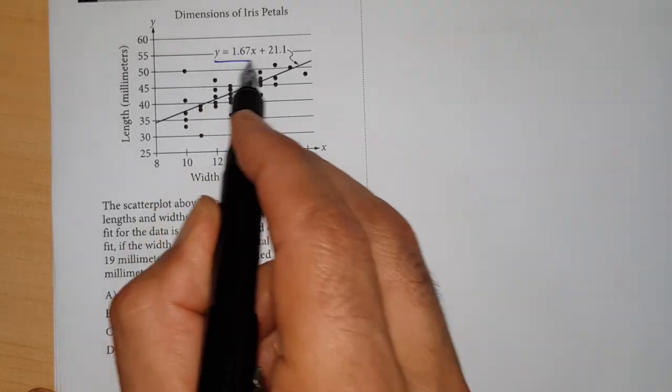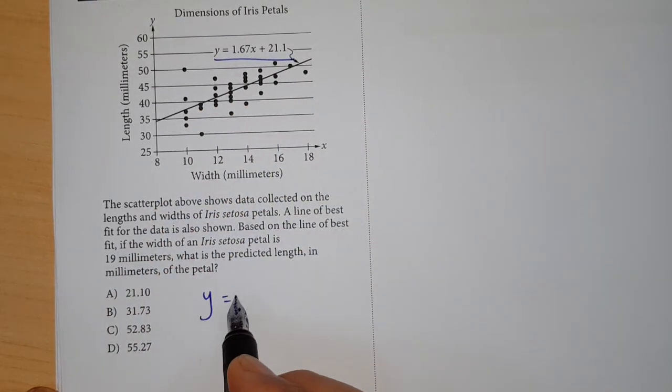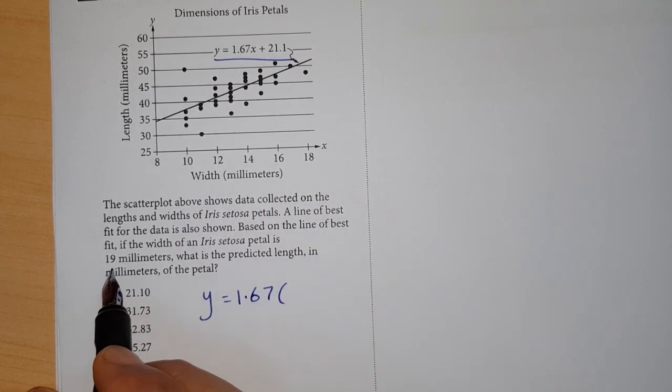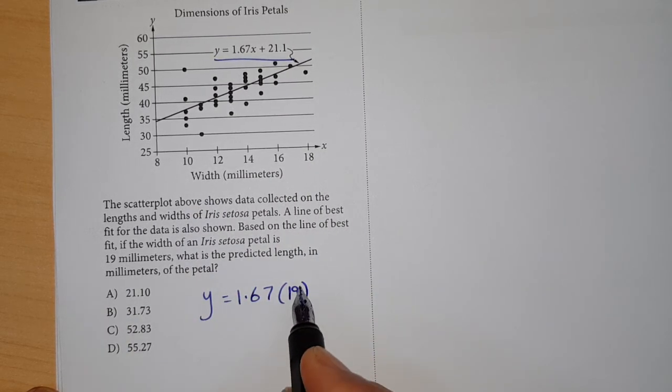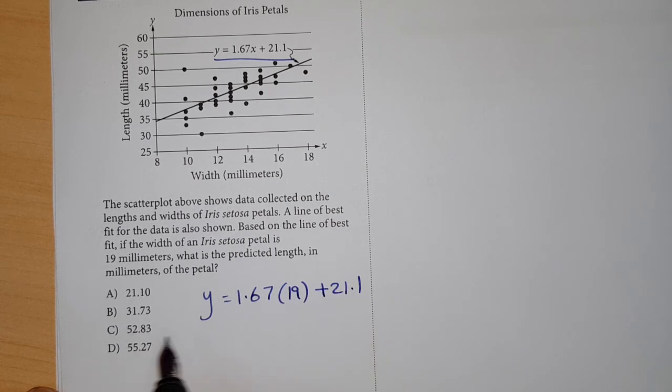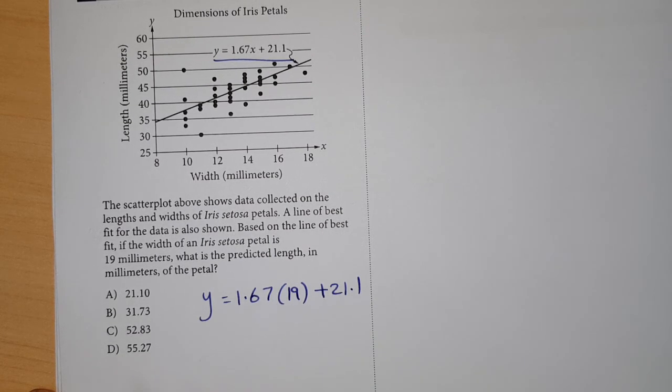Just substitute in this line, y equals 1.67x plus 21.1. X here is the width, which is given as 19 millimeters. So 1.67 times 19 plus 21.1, and to calculate, the answer will be choice C, this one,